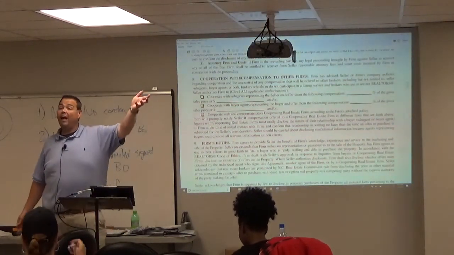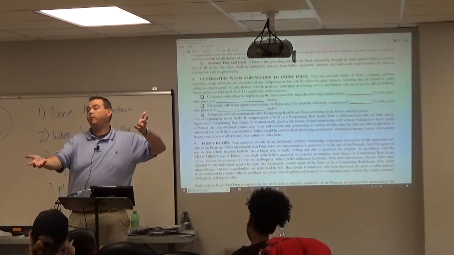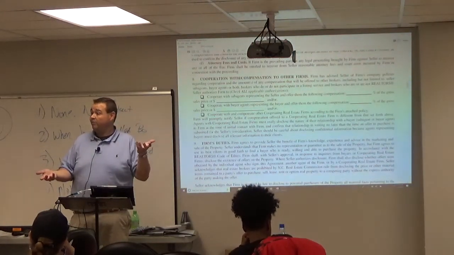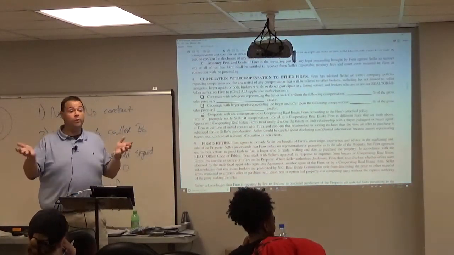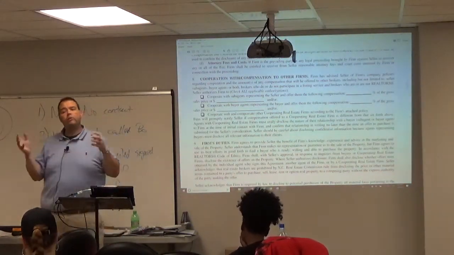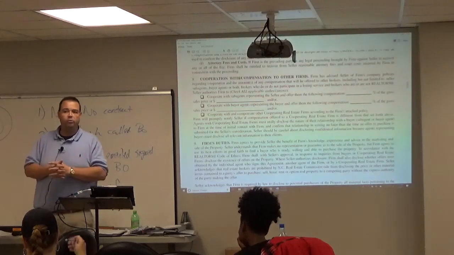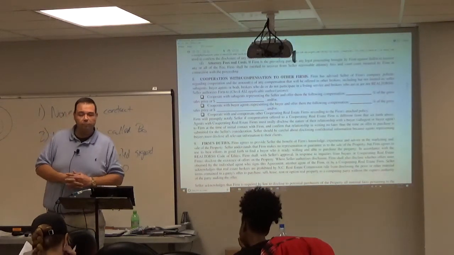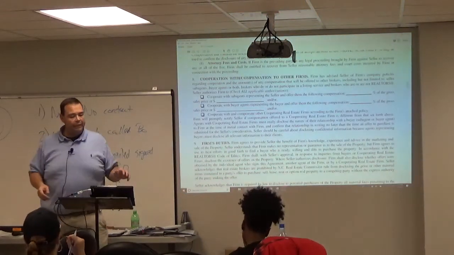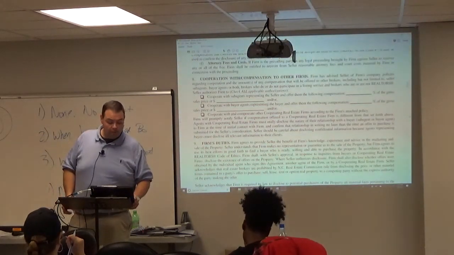3.5. So if it says 5 on the first page and it says 3 on the second page, how much are you keeping? 2. Does that make sense? Because 3 plus 2 equals 5, shockingly, right? So don't make it harder than it has to be when we talk about the commission split stuff. Everybody good on commission here? All right, so those are the 2 lines that deal with commission.